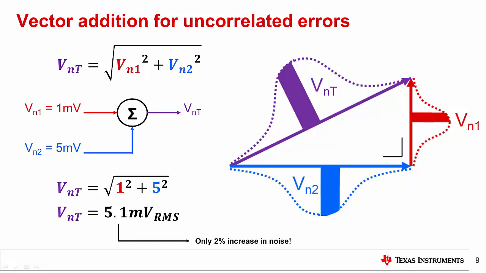An interesting takeaway here is that because uncorrelated noise is not additive, the larger noise source tends to dominate. In fact, a 5-to-1 noise ratio results in only a 2% increase in total noise. In general, if Vn1 is much greater than Vn2, then the resulting noise will be approximately Vn1 and vice versa. So, when we try to reduce the total noise, we always want to focus on reducing the largest noise sources to get the greatest return on our efforts. Now you have the necessary information to begin the next module on types of ADC noise.